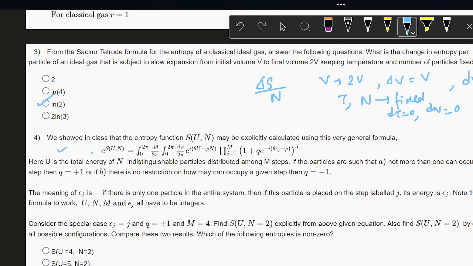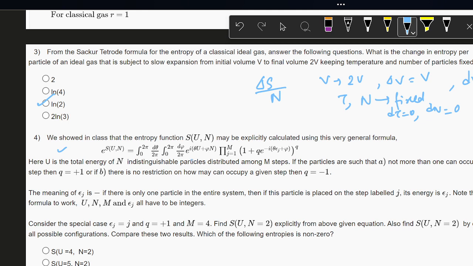Now see, you have been given the entropy function as a function of U and N, and there is a very general formula that is stated here, that e to the power of S as a function of U and N is expressed as some kind of an integral over d theta, d phi and this whole thing, where there are several variables. U is the total energy, N is the number of indistinguishable particles. That means they are all similar to each other, they cannot be differentiated from each other, they are like quantum particles,